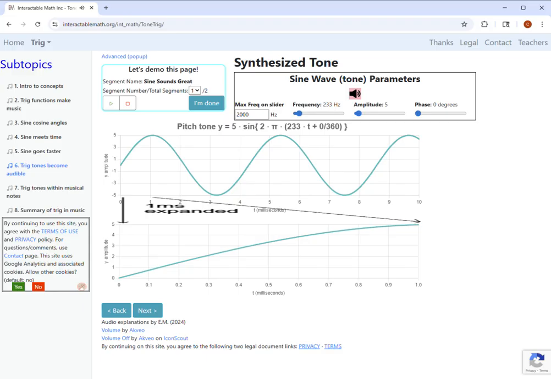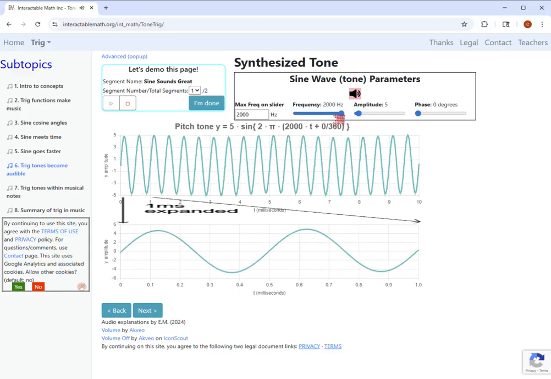Now we'll take the frequency up to 2 kHz. Not too many instruments can play this high, but the piccolo and the piano can get there. There are two plots of this frequency. The upper graph is better for viewing lower frequencies since it covers a longer time period. The lower graph is an expanded view of the first millisecond of the upper graph and is better for viewing higher frequencies like the one we have now.